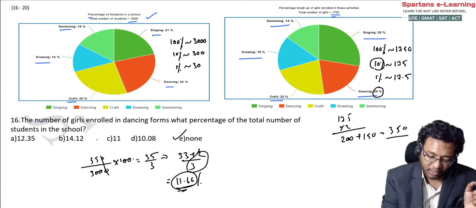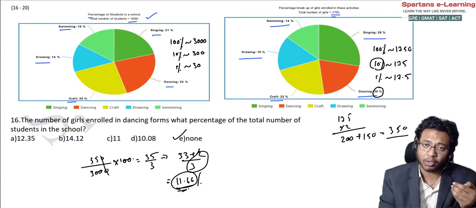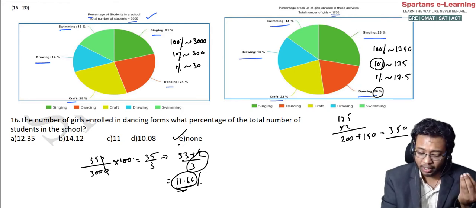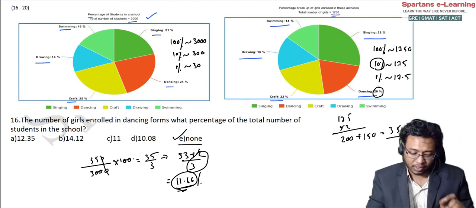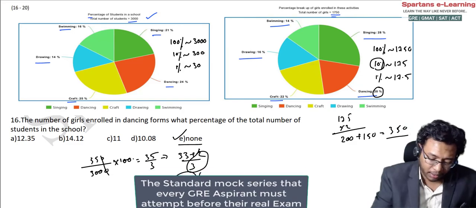Here he said find the percent, what percentage of total, right? So exact percentage we got 11.66, but that is not given in the option. So yes, even none is there, right? So you have to go for none. Suppose none is not there in the option, then you have to go for 11, right? This is it. Now if you try solving this in normal way, how you solve this is here.